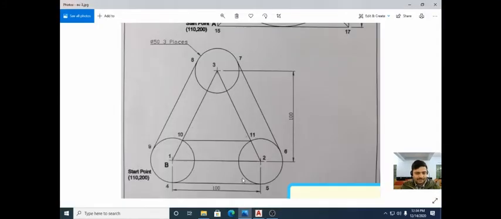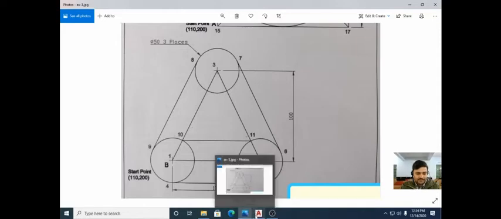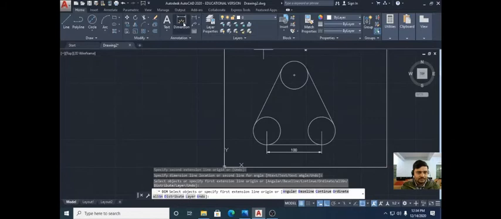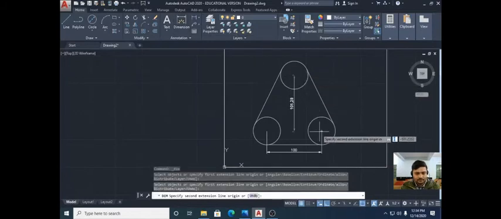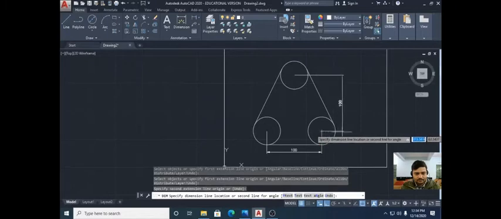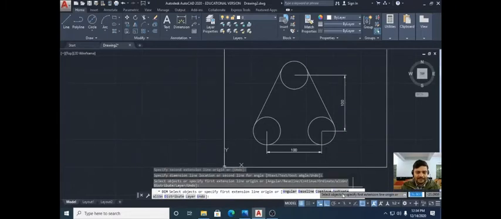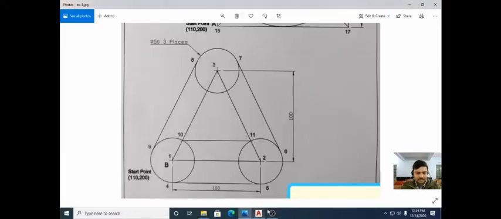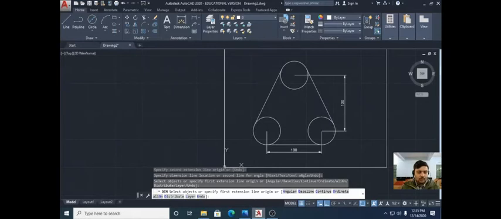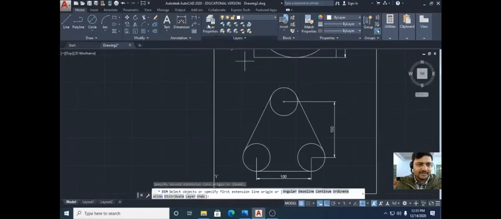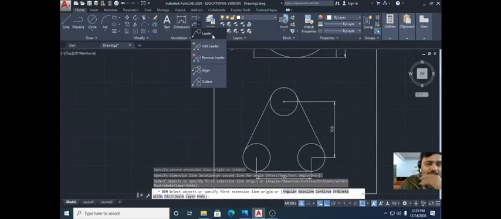Now what you have to dimension is this length also. We are going to dimension this length also very easily. You can see that we are very easily dimensioning the parts. Now, what you have to do is mark diameter 50 at 3 places. You have to write this also. So see this thing properly. How to dimension this thing? It is very easy. Just pick the leader option.